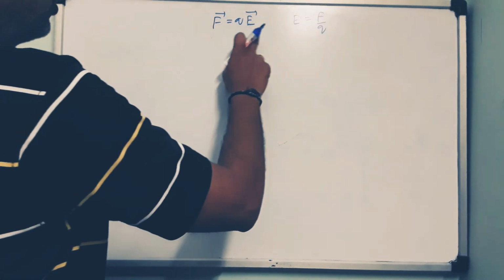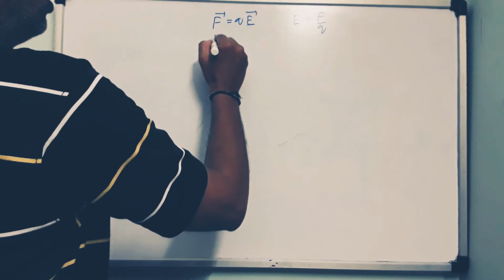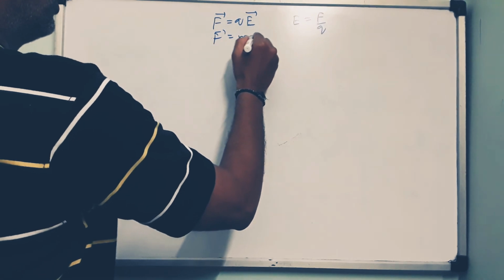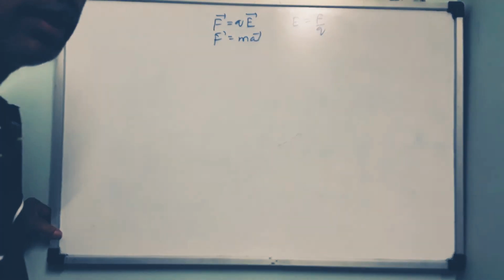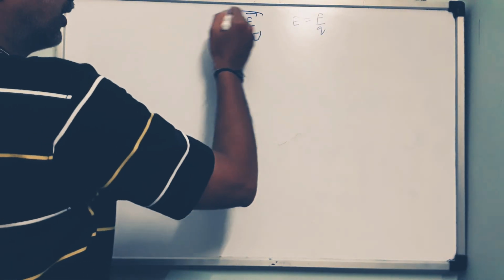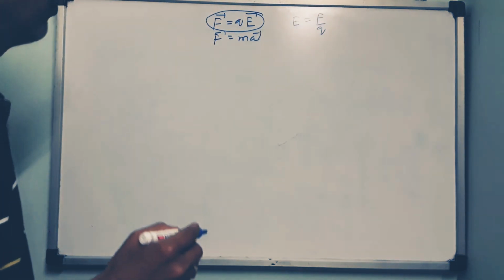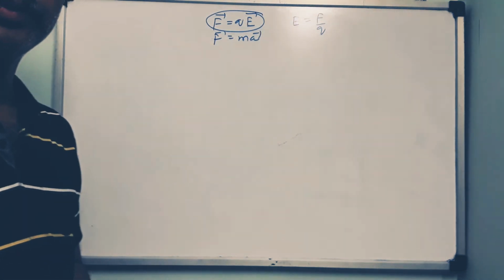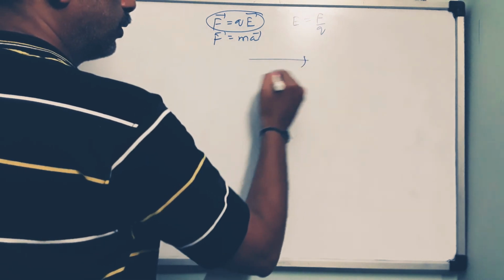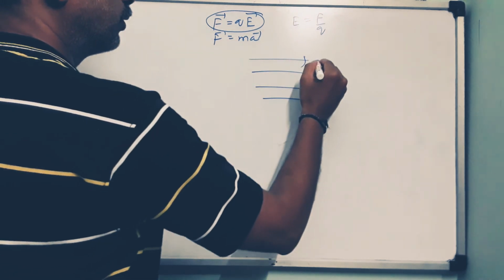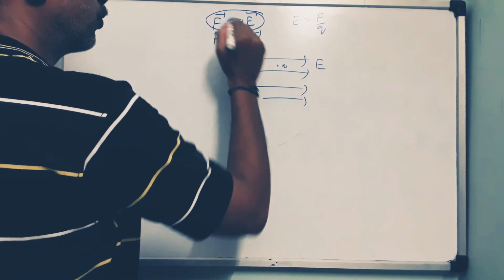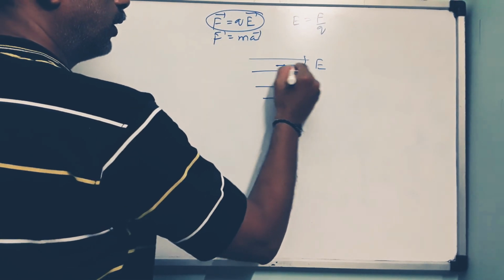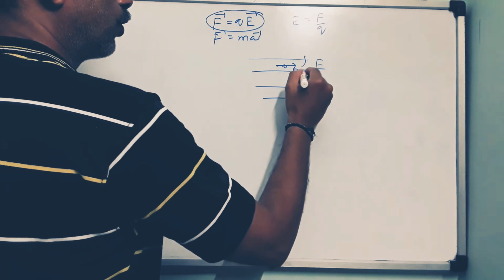You see, children, this expression is similar to F equals MA. But the terms you cannot compare, it is only similar. Okay, right. Now, in this equation, children, you will see that there is no velocity component involved. That means you have an electric field like this. You have a charge Q here. Definitely this charge will experience a force given by this one. Okay, this will experience F equals Q into E.